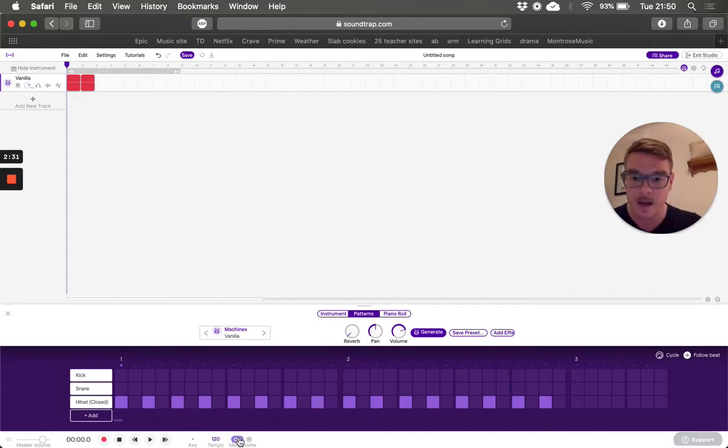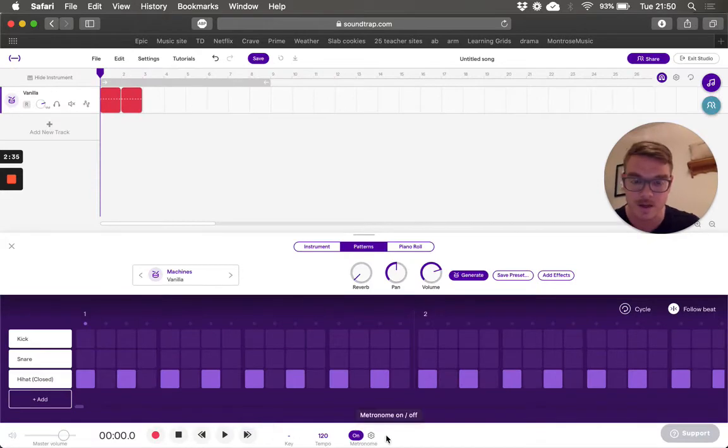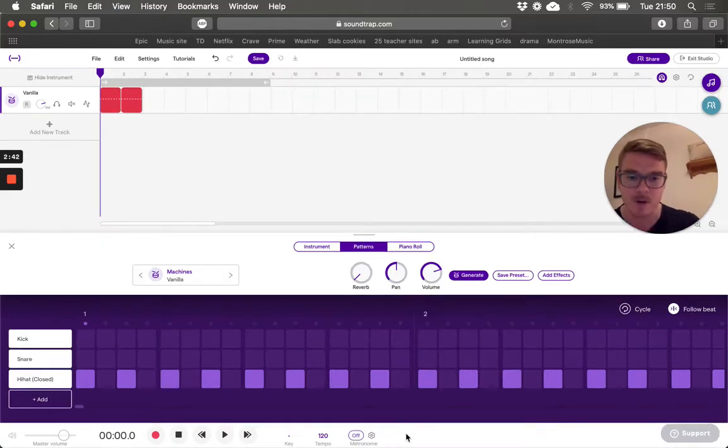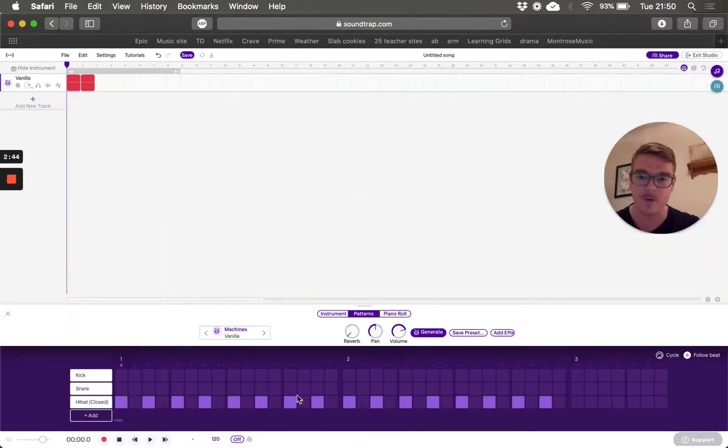So another thing down here is our metronome. If that is switched on, I'll just go a little bigger so we can see that. We can switch that right off for now because we don't need anything to keep the beat for us. We are composing a beat of our own. So if I give this a listen,